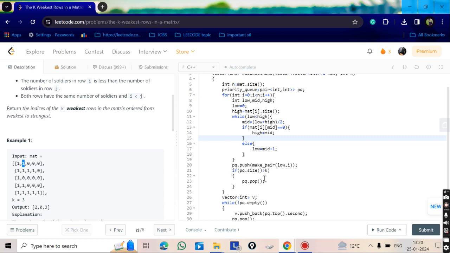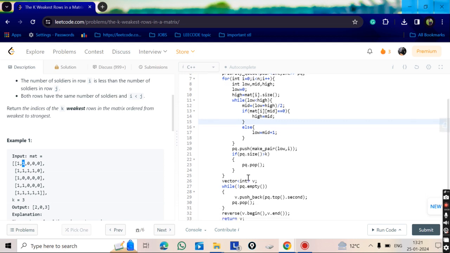So if the size becomes greater than k, we do not need the greater elements, so we simply pop from the priority queue, because we need only the k weakest elements.